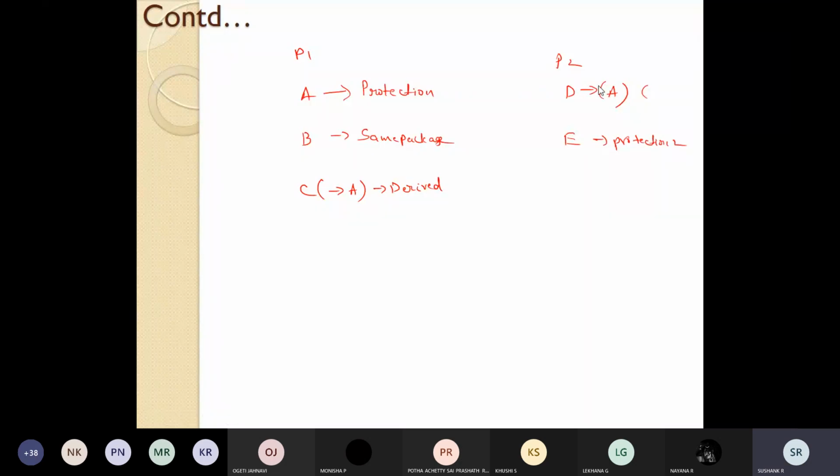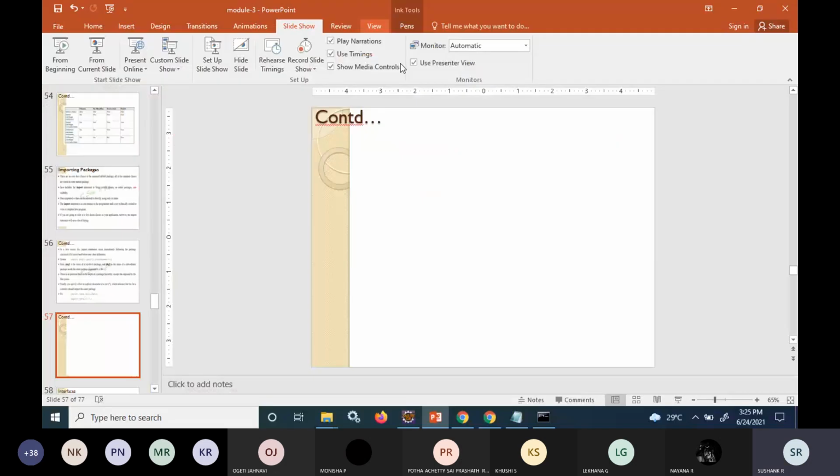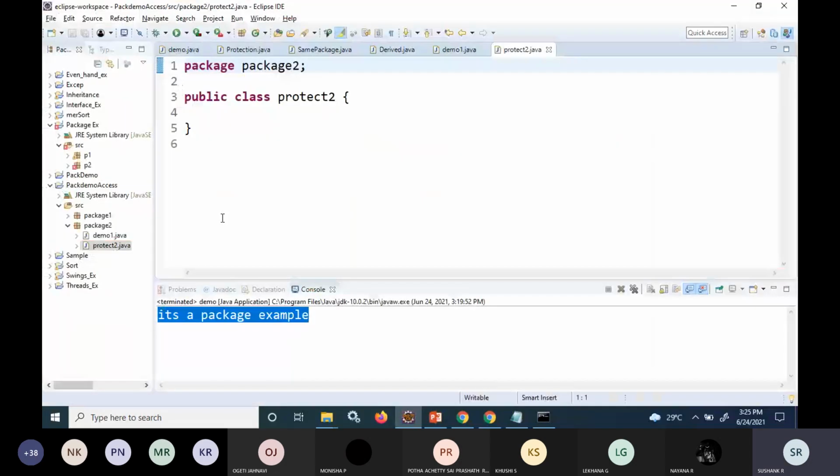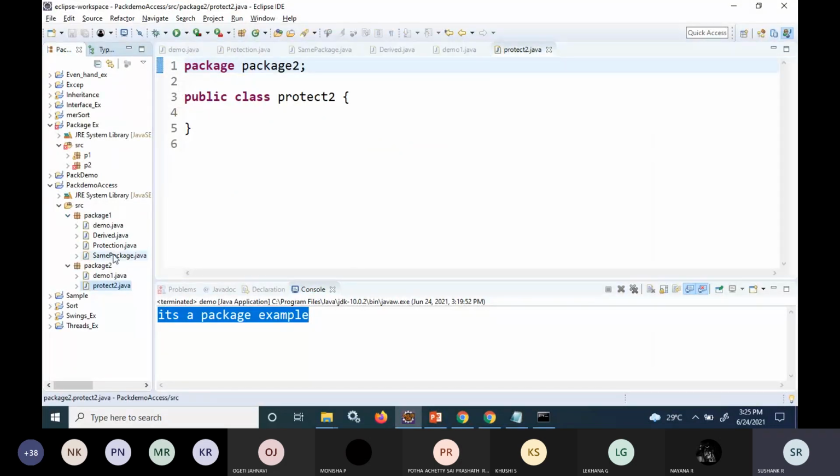So the same program class names, I'm just specifying with different names when I'm explaining this. So till now you know how to create different packages. I created different packages and I've placed different code for that. So this is regarding the creation.